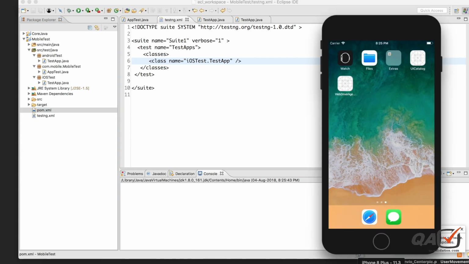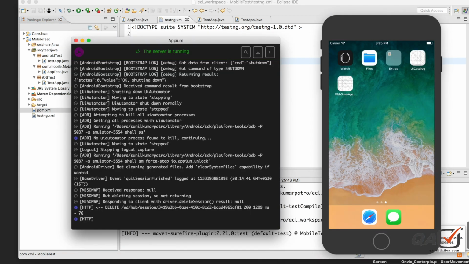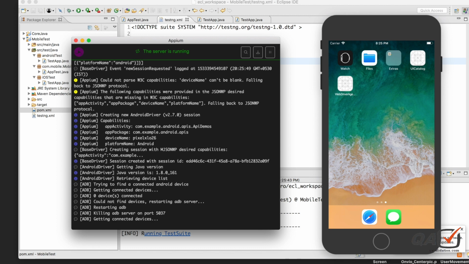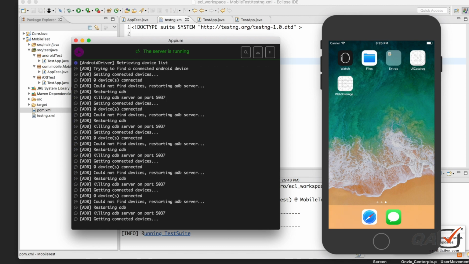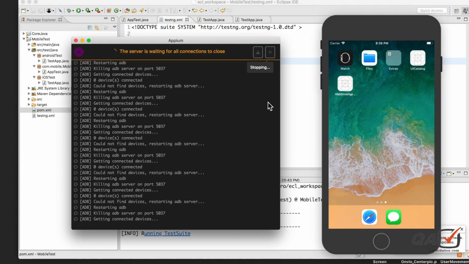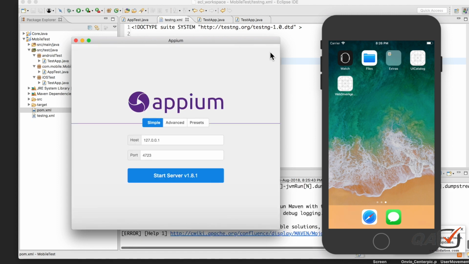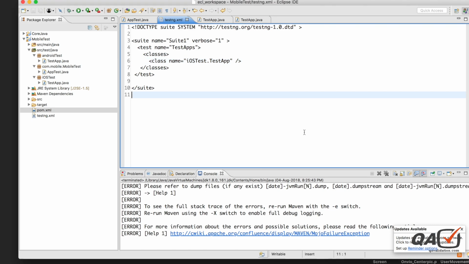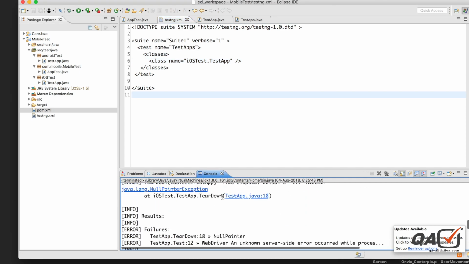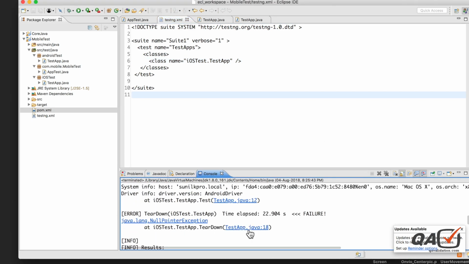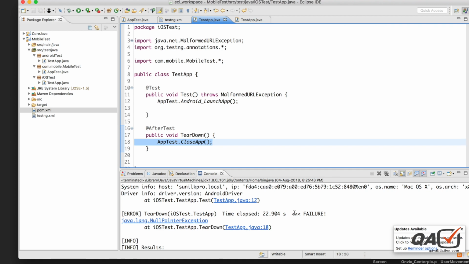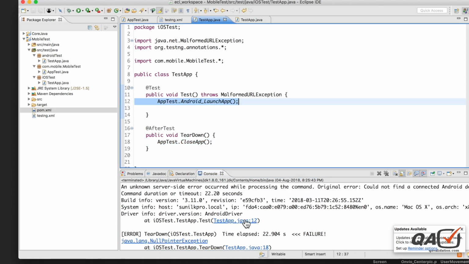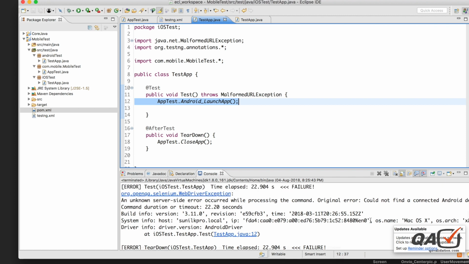Now let's put side by side the Appium server and the application. I think it is not able to get it. So let me just stop the server, and then run it again. And here's some error I got. So what is that error? Let's see. Okay, so it is going to execute. Okay, it's saying that